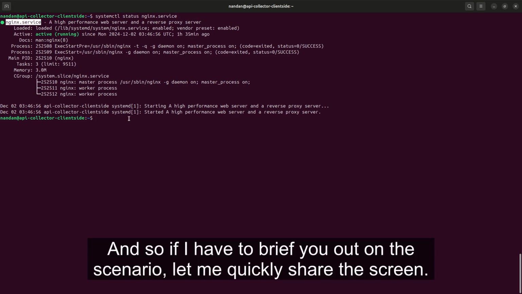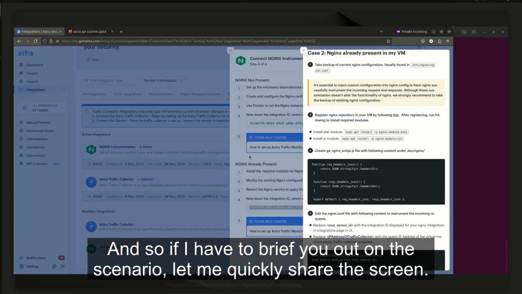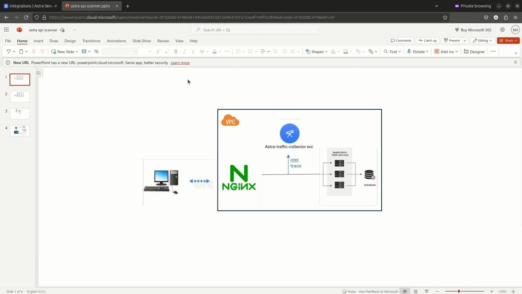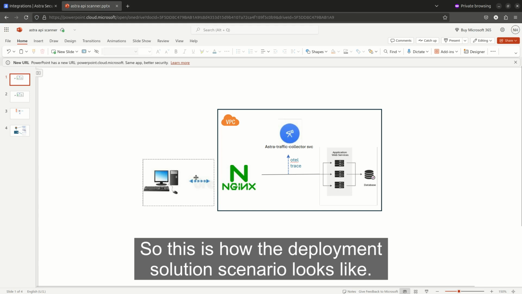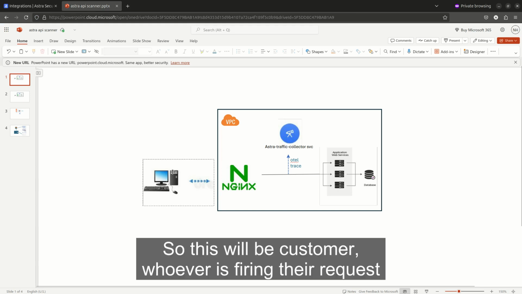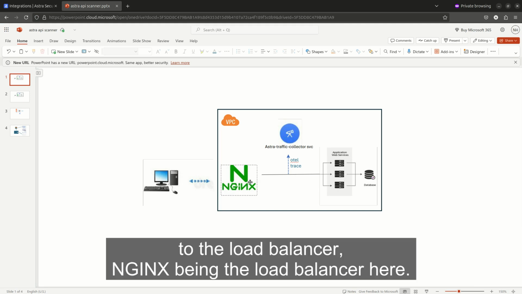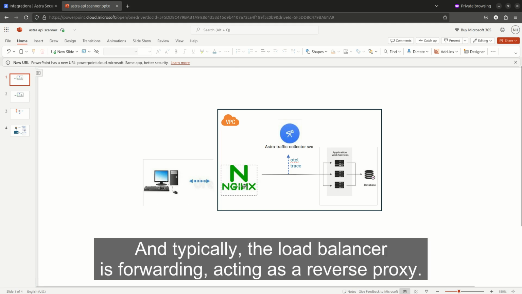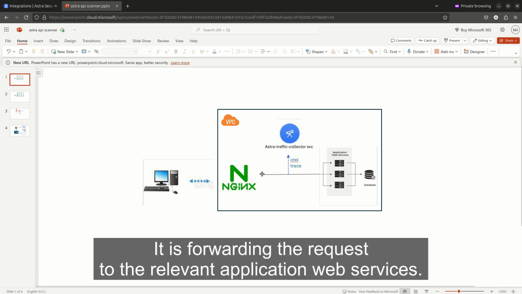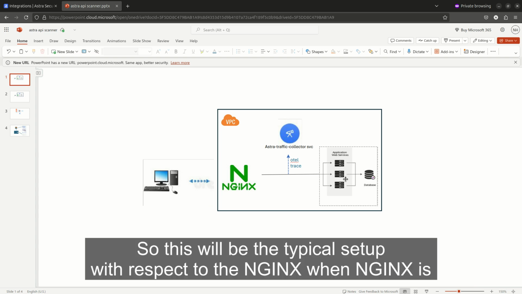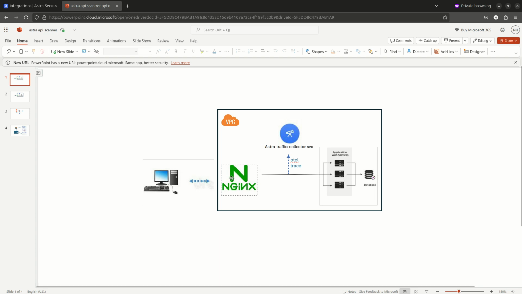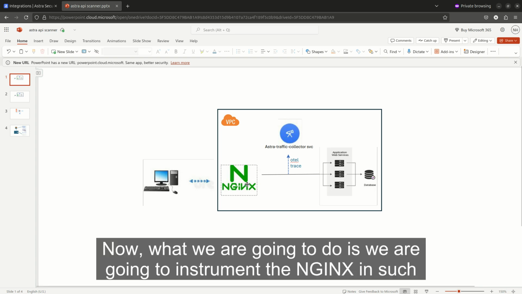If I have to brief you on the scenario, let me quickly share the screen. This is how the deployment scenario looks. This is the customer, whoever is firing their request to the load balancer, Nginx being the load balancer here. Typically the load balancer acts as a reverse proxy, forwarding the request to the relevant application web services. This is the typical setup when Nginx is chosen as a reverse proxy or load balancer. Now we are going to instrument the Nginx